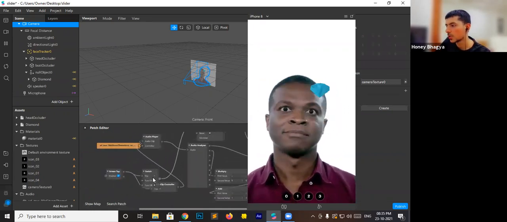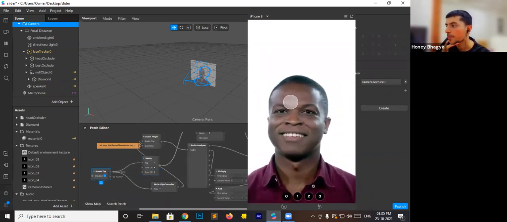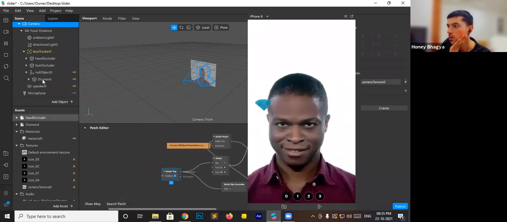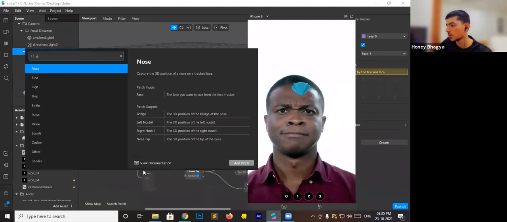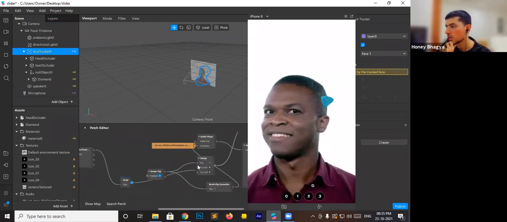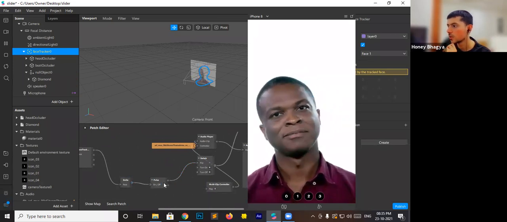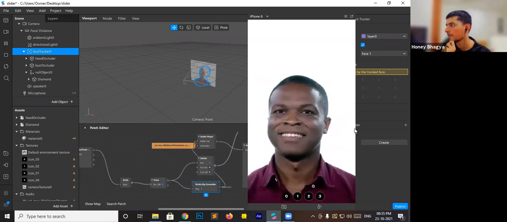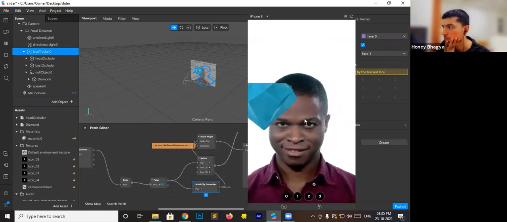We can also connect this to smile. Like if I want to trigger the audio reactiveness to the smile, we can also do that. Again, just drop the face tracker here and smile. Smile is a boolean patch and just connect it to the switch. So when the user smiles, it will trigger the animation and the audio. So as you can see, when he's smiling, it will trigger the audio reactiveness.